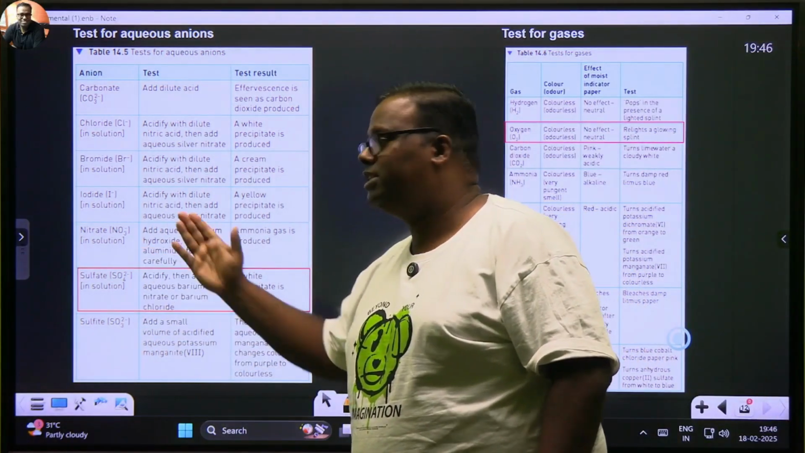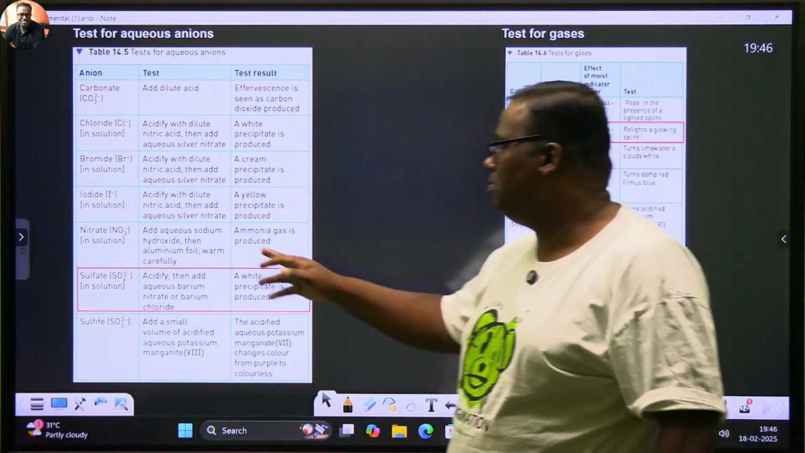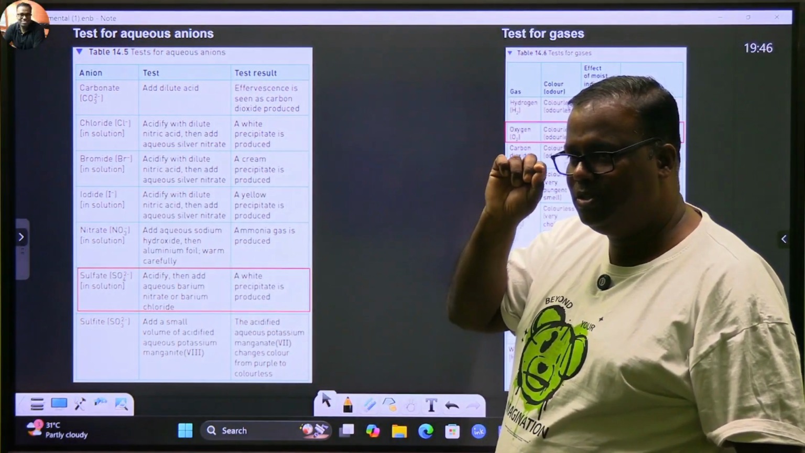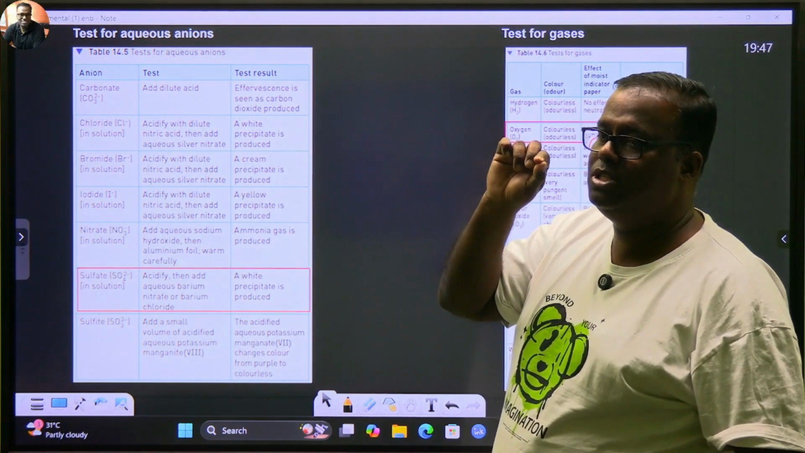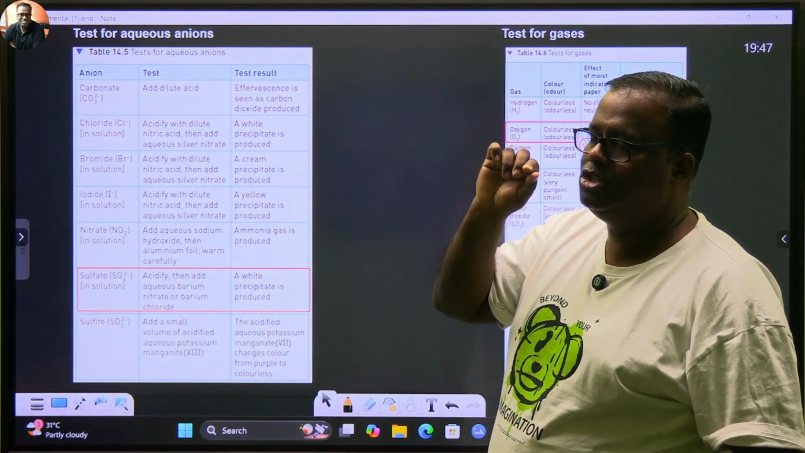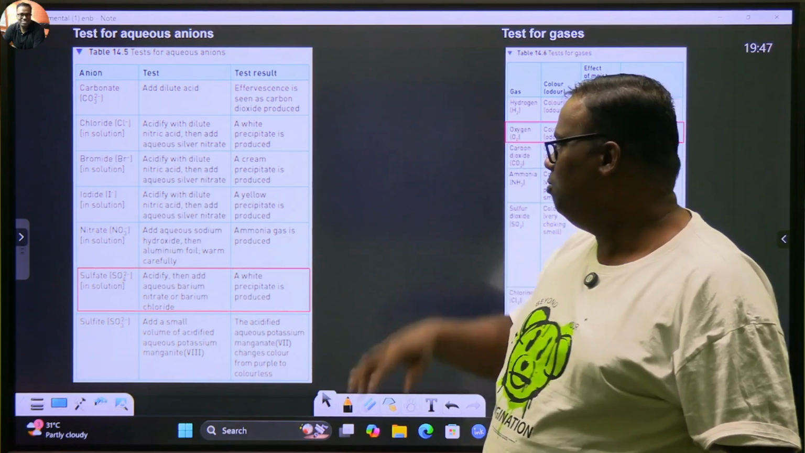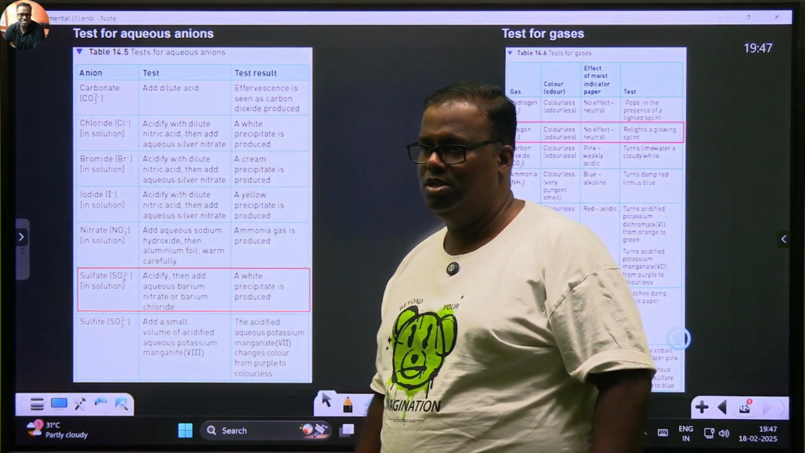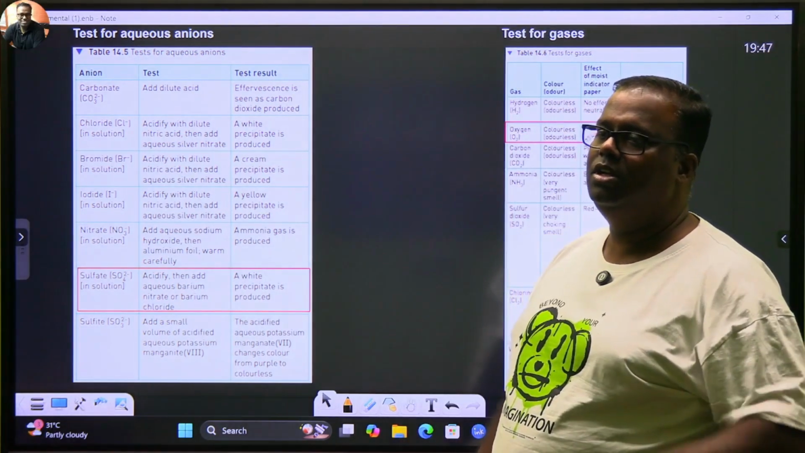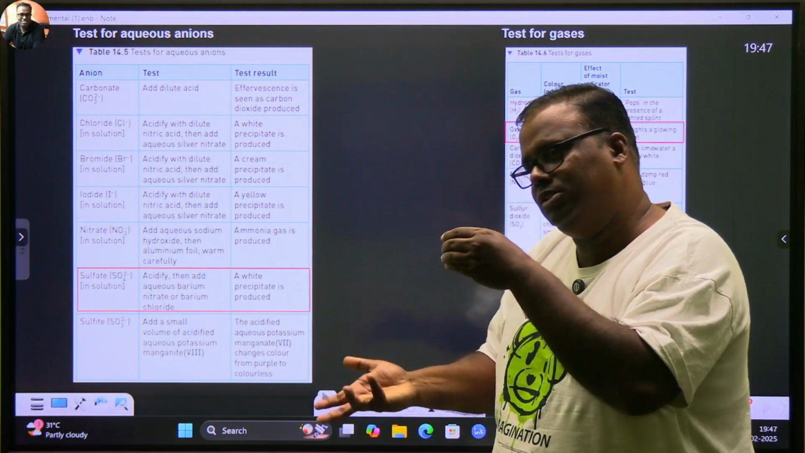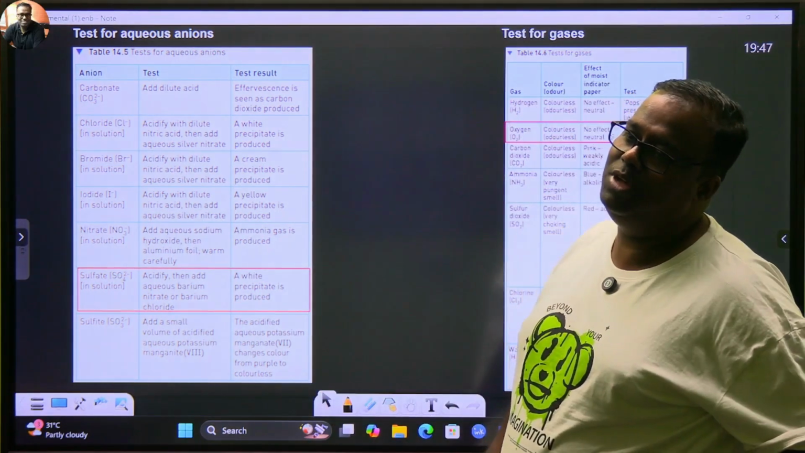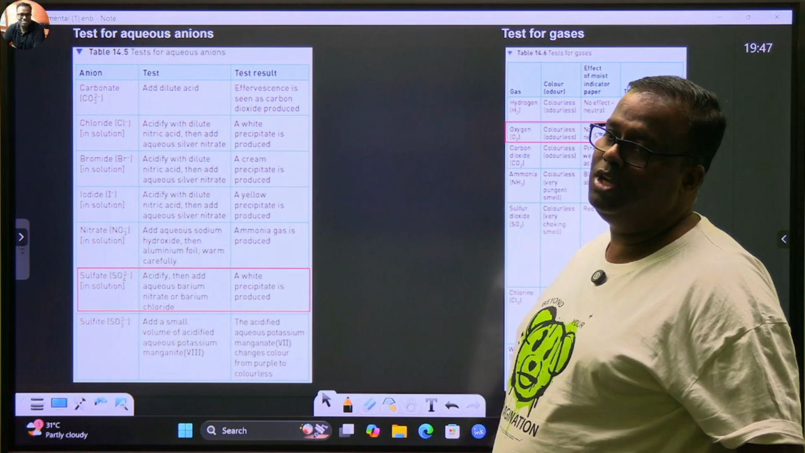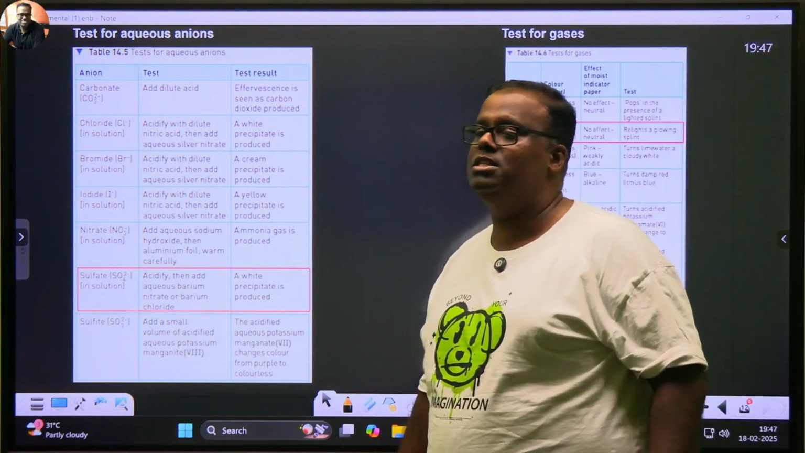Next is nitrate, NO3: aqueous sodium hydroxide, then aluminum foil. Aluminum foil, have you understood? You take a small foil of aluminum, like the one present on chocolate wrappers, and you put in that aluminum foil and then warm carefully. Ammonia gas will be produced. How to find whether it's ammonia gas or not? You cannot stand it, you'll cough. As I told you, ammonia can make anyone wake up. If a person is not waking up after smelling ammonia, also after cardiac arrest and all, chances are that he is